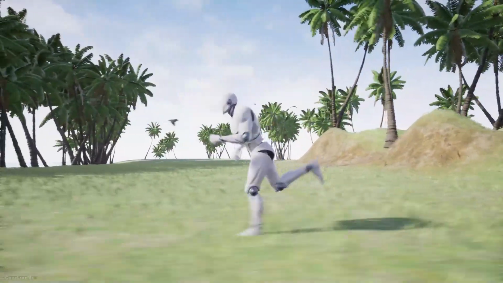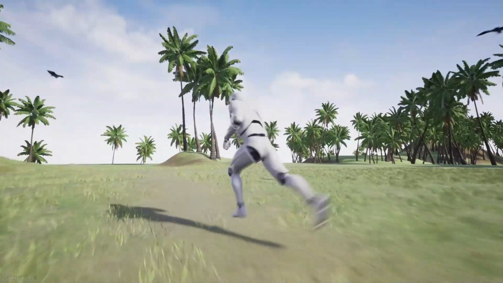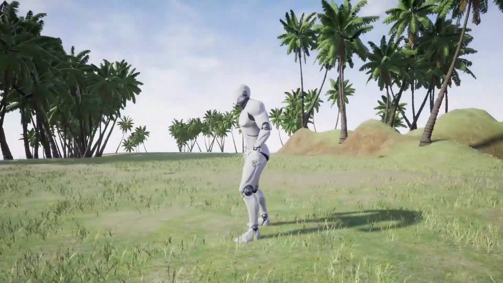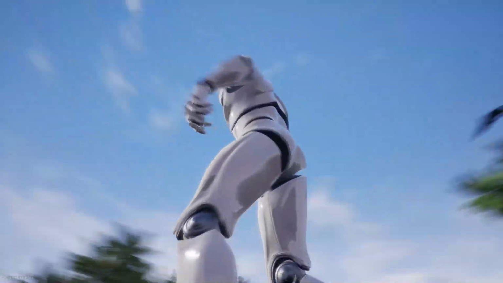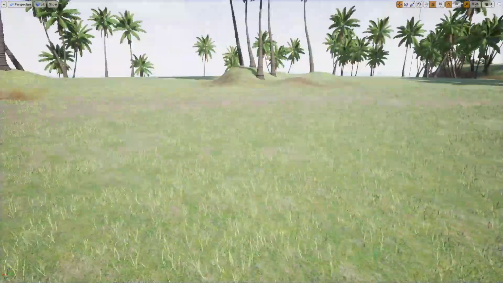Like that, see, now they flew away and randomly fly. Let me show you again.